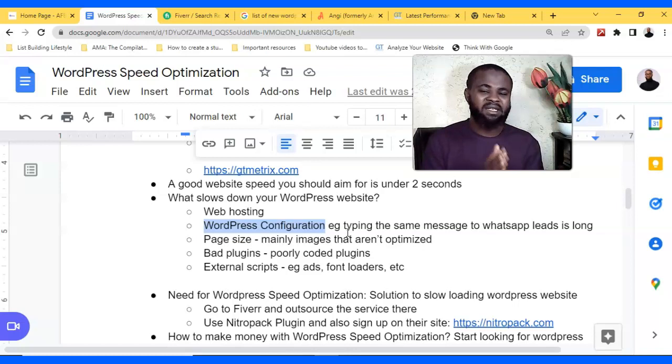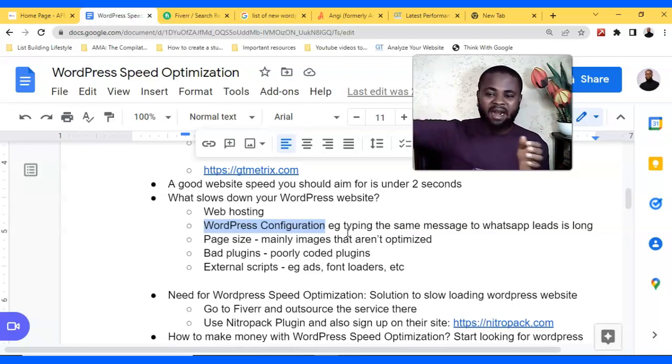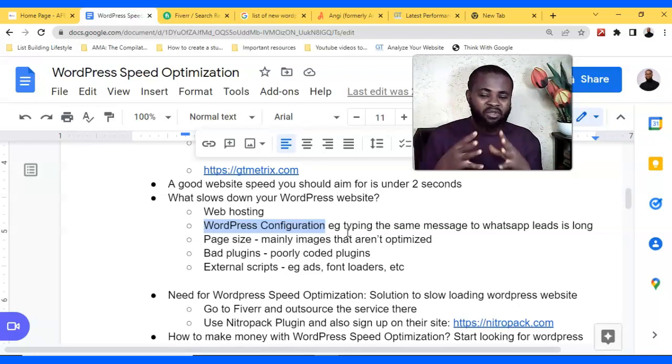So if it does it like this, and another visitor comes, it does the same thing and repeats it. It goes all around to gather all the content of that page to present to this person. It will be like that person that is manually typing a message. But if your WordPress website is configured properly,